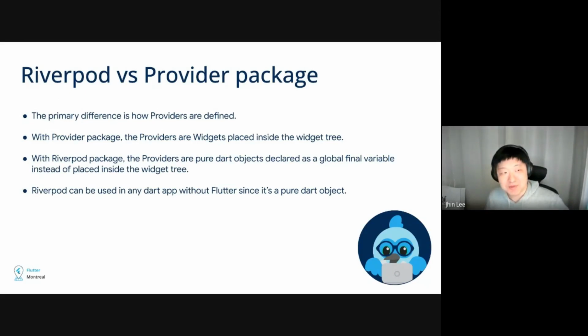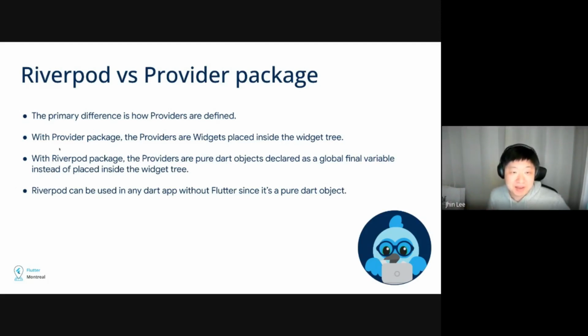In Riverpod, we define the provider like a global variable. And this one just lives throughout anywhere in your application. And it automatically disposes when no one is using it. And I'm going to show you later about that with more